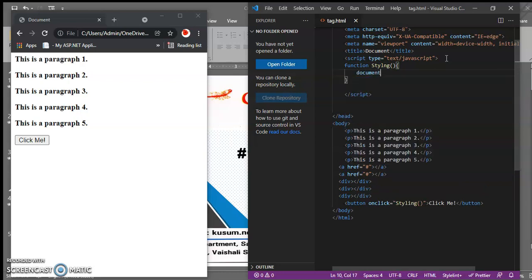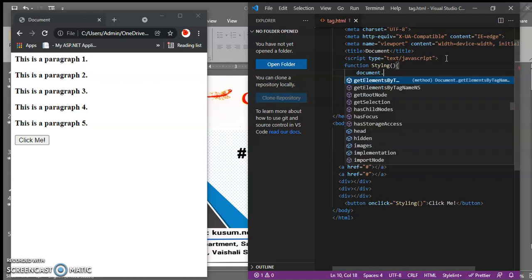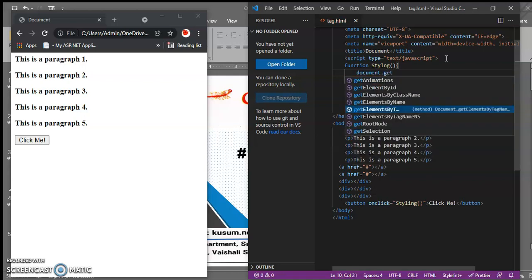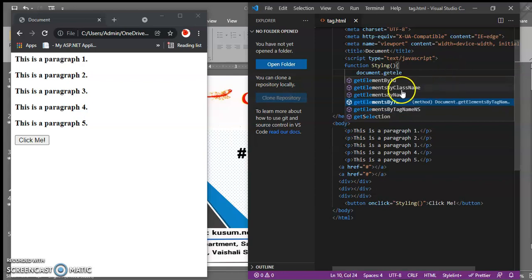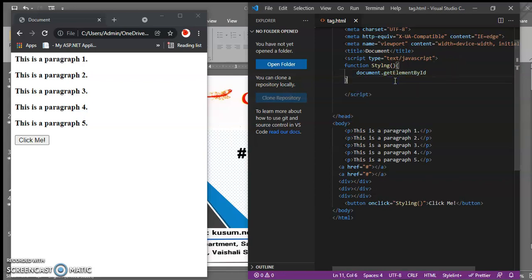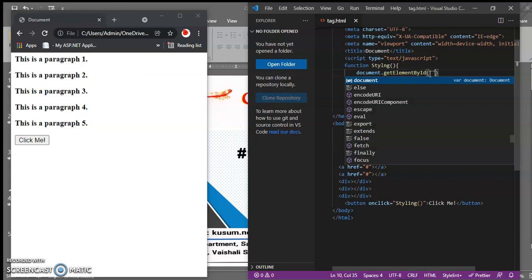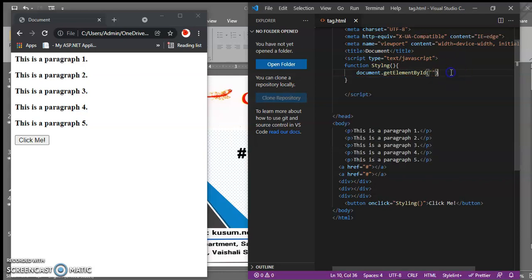Inside of this function, before, what you were writing was document dot getElementById, and then you were providing the id name of that particular element. But today we will do something different.